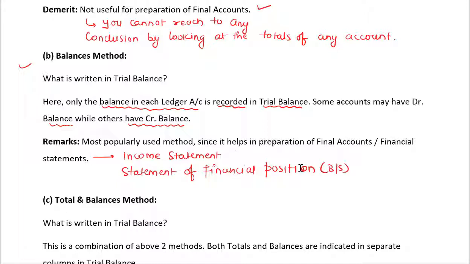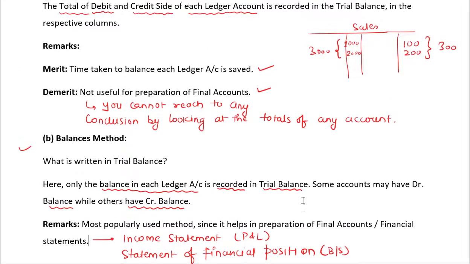Balance sheet, and this is the P&L account. We should be transferring the balances. Just see in this example only. Over here, this total would be 3000, and this total would be 3000. Now, 3000 minus 300 is 2700. We'll be transferring the balance only, that is 2700, to the trial balance.